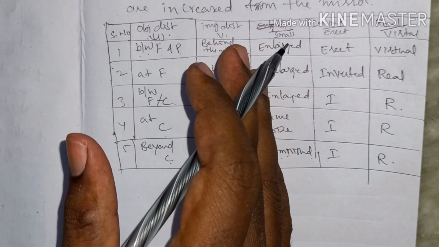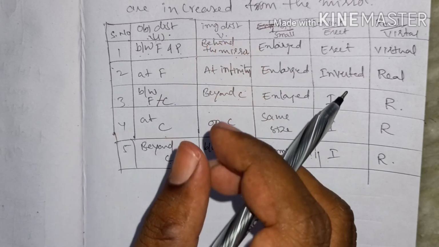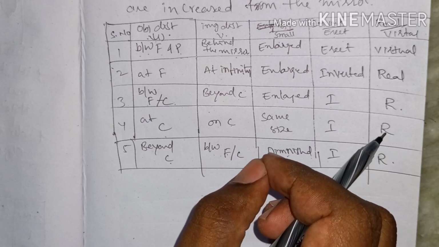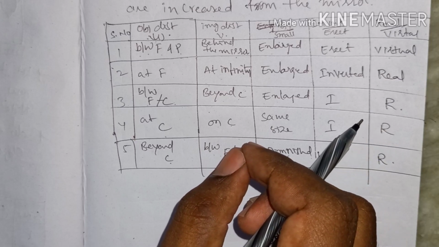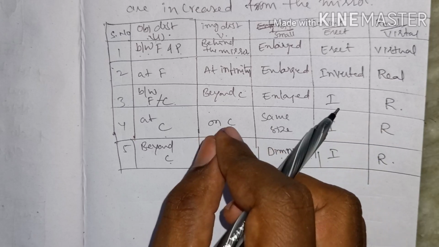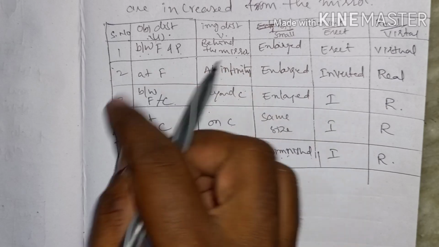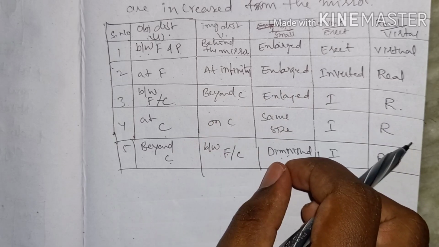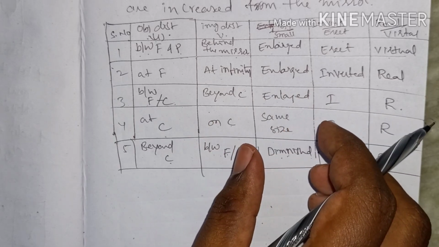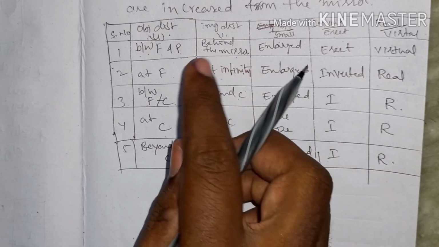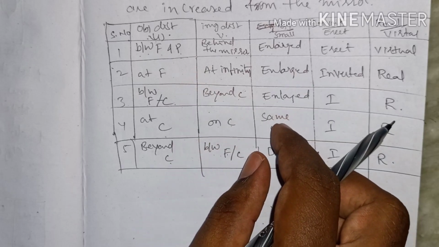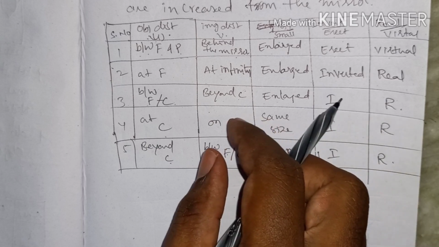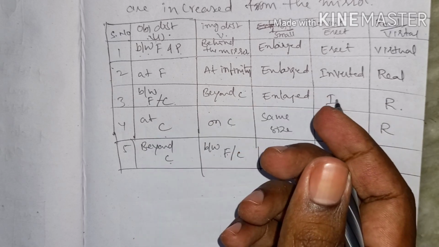Later, we can go for the new concept, that is drawing ray diagrams in an easy way. How to draw the ray diagrams is also very important. For that, what are the techniques, how to draw, and how to remember this table, the ray diagrams and the properties of the images. So up to now this is the video regarding the two activities: one is the focal point, and one is the relation between image distances and object distances. Now we'll go for the next video on drawing ray diagrams.